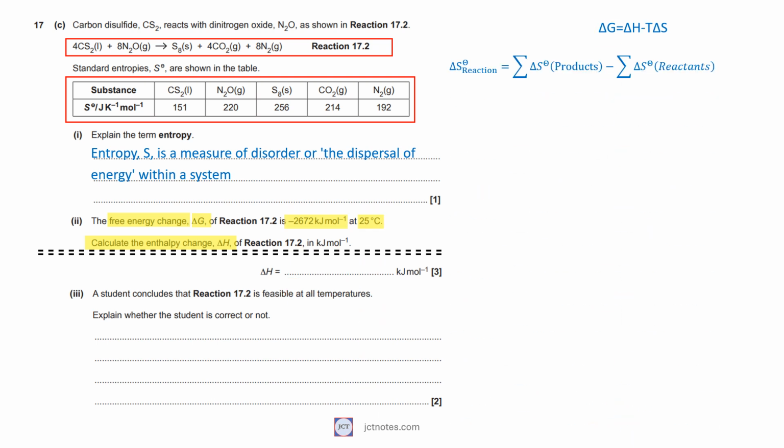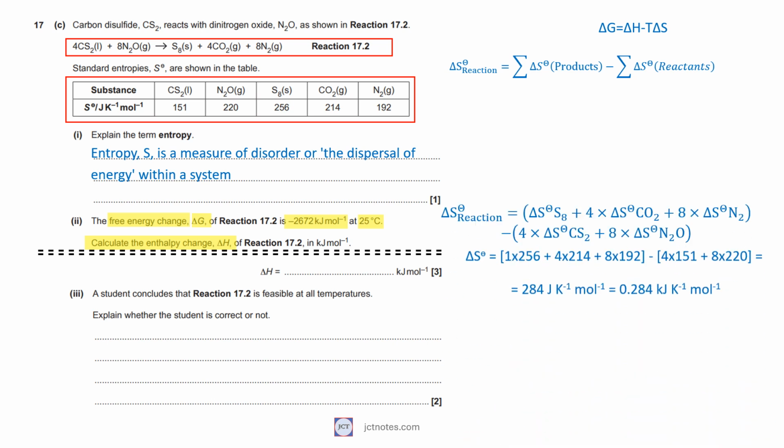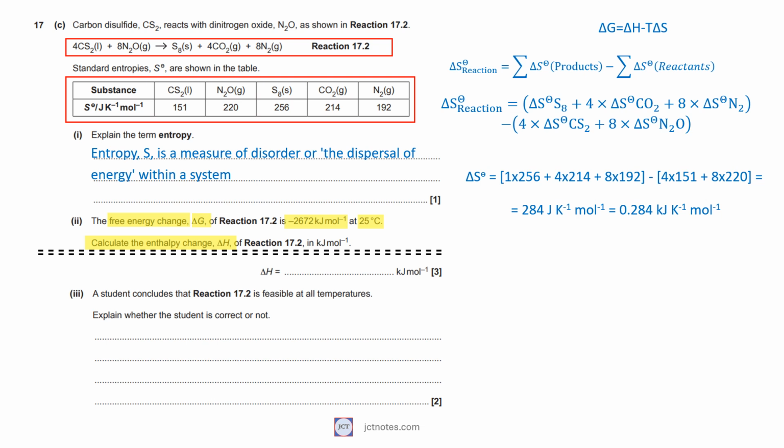The change in entropy can be calculated by adding the entropy of the products and taking away the entropy of all the reactants. If we replace the data given in the equation, we get a value of 0.284 kilojoules per Kelvin and mole. We now have all the data to calculate the enthalpy. Remember that the temperature is in Kelvin. I get a value of -2587.368 kilojoules per Kelvin and mole. In the answer, I round to